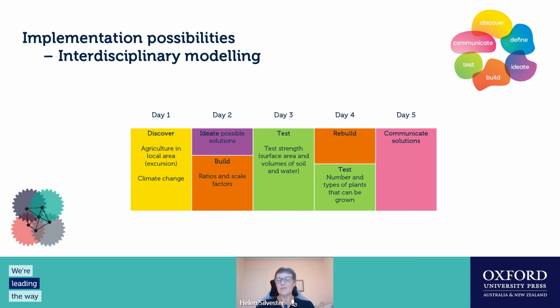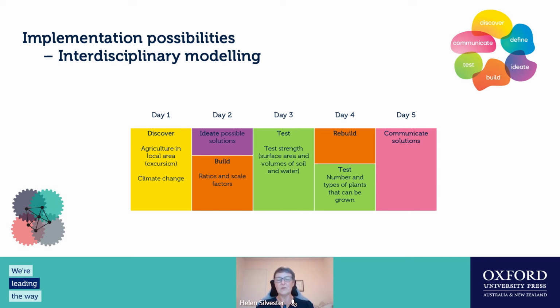You might spend a day, first of all, taking the Year 9s out for an excursion to some local agriculture in the area. It might be a market garden. It might be a number of different things. Then you might come back and talk about climate change and how climate has changed the types of gardens and plants and growth that you've had over the last 20 to 30 years. So you might have someone come in and talk about the history of it, plus someone talking about the science of it.